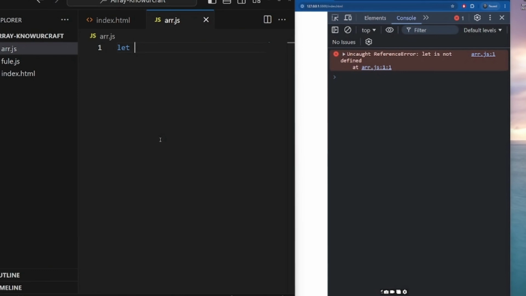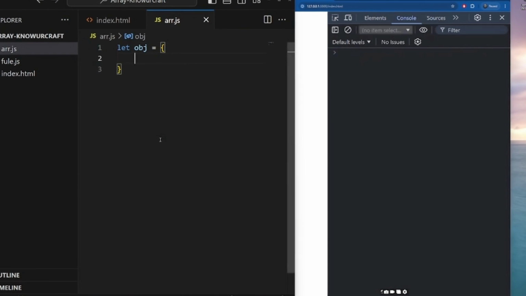Alright guys, so today I'll be showing you how to use the this keyword in JavaScript objects. Let's go. Okay. Now this keyword refers to the object itself that it's